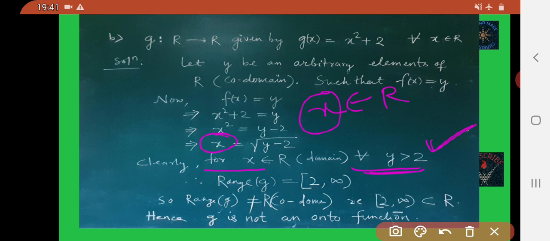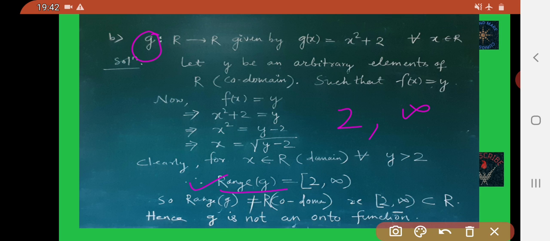So friends, here the range of g is equal to what? 2 or greater than 2. If y is equal to 2, then x is equal to how much? Now the root of 2 minus 2, that is the root of 0, which is 0. So x is equal to 0, that is a real number.